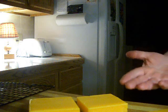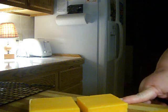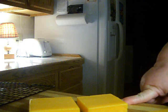I have two 8-ounce blocks of cheese here on my cutting board that I've cut in half. So for all practical purposes, they're 4-ounce blocks of cheese, because that's what I would typically use for the three of us if I added it to the top of a casserole or something like that. These have been sitting out at room temperature for several hours. And what I'm going to do now is I'm going to take a